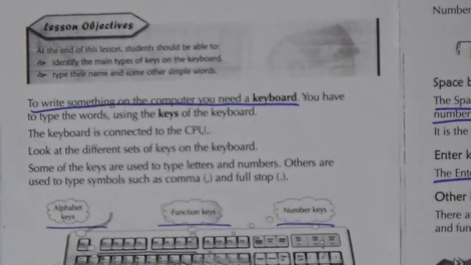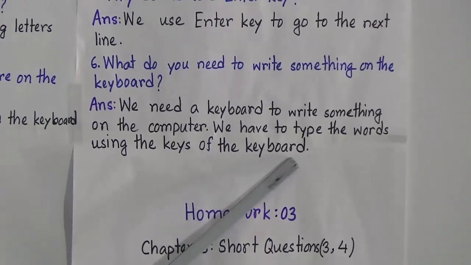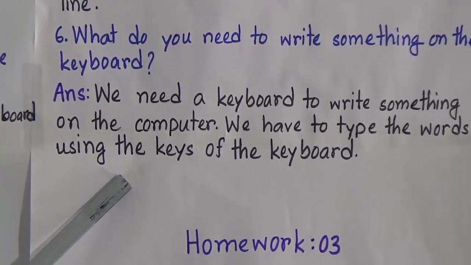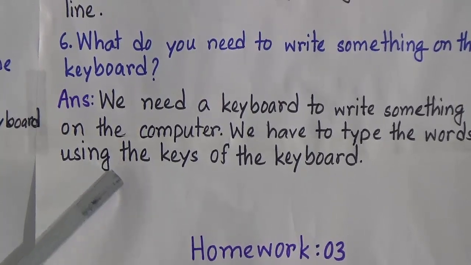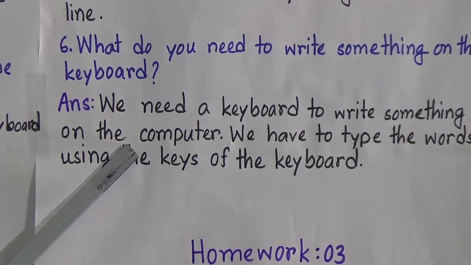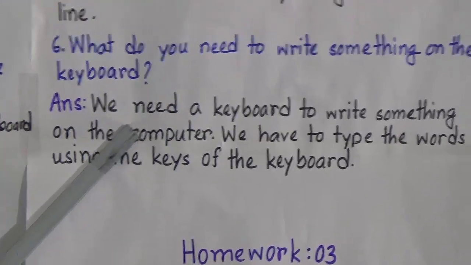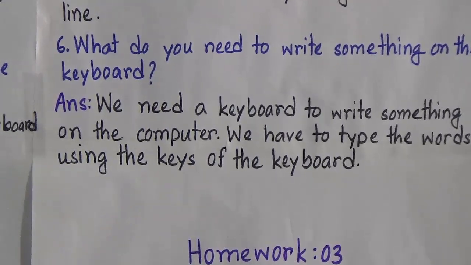We need a keyboard to write something on the computer. We can also add, we have to type the words using the keys of the keyboard. If you type a word or a letter using the keyboard, it will be shown in the monitor screen. That means we need a keyboard to write something on a computer. So these are the 6 questions